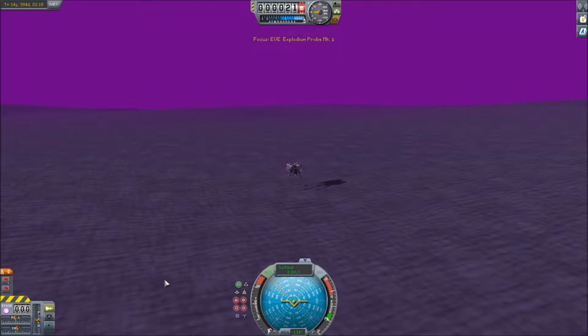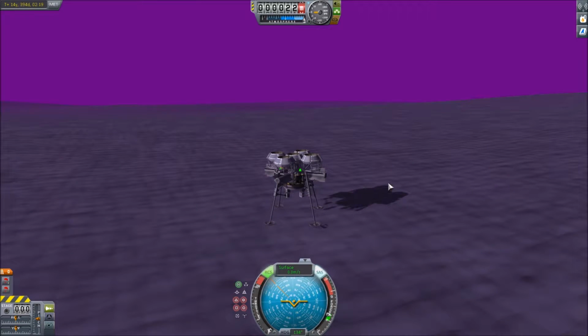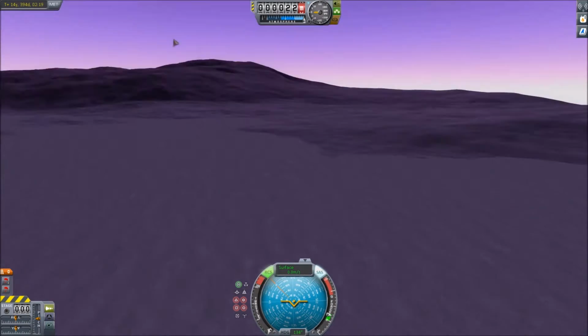Now, there's an interesting story behind this thing. First of all, it was not supposed to land in the Explodium C, which is where it landed. And let's just... Oh, it's landing again. Every time I load it up, it lands. But anyway, so what happened was I came down to Eve, and I entered the atmosphere, and so I tried